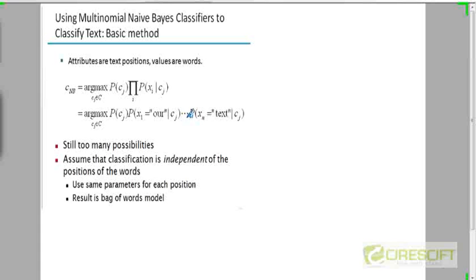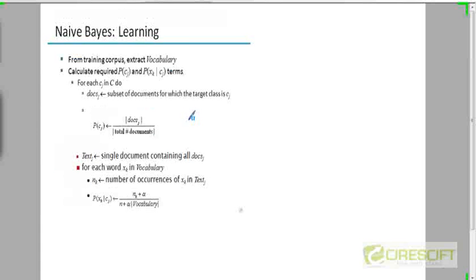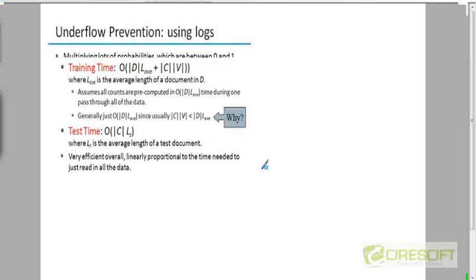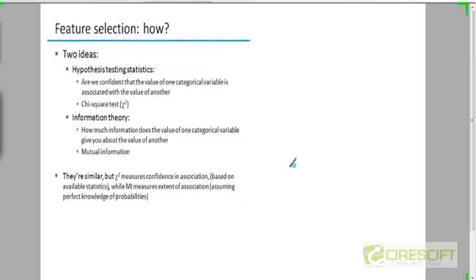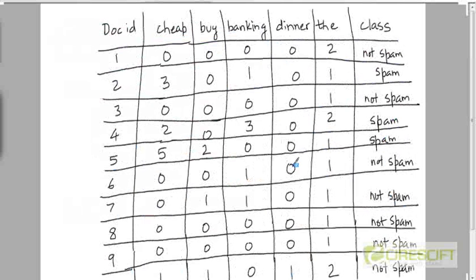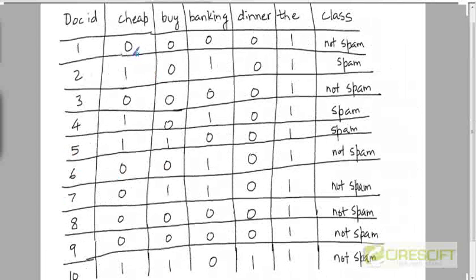So I already gave you an example of how this will classify all the documents, but let's actually go through a worked example just to be clear. That may help you better than just seeing the slides. So before the break, we went through this particular example of 10 documents that we are trying to classify as spam or not.